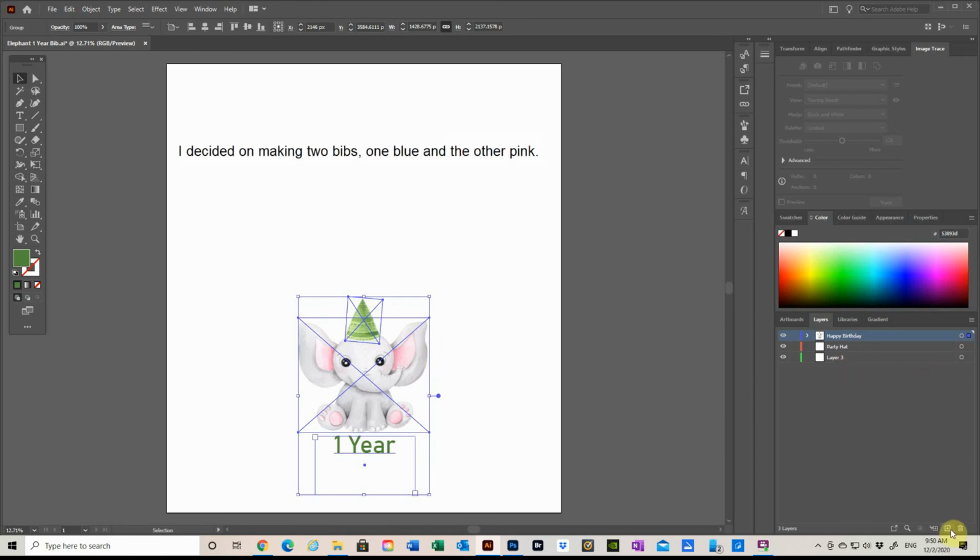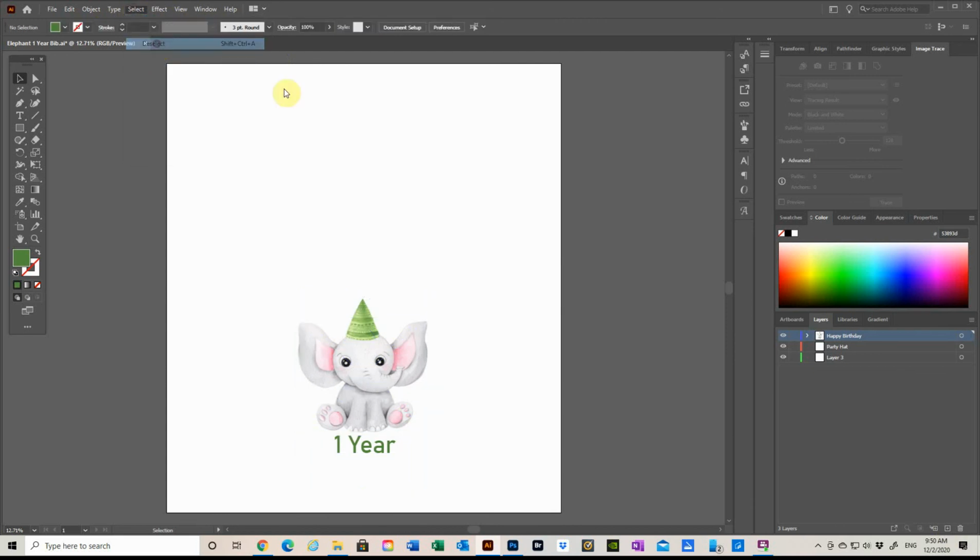Let me make 2 layers. Deselect that. Let me lock them. I don't want them moving around. I want another layer. Blue background.